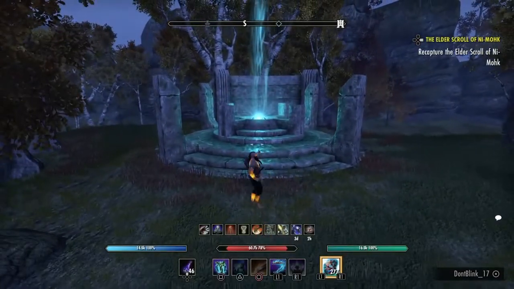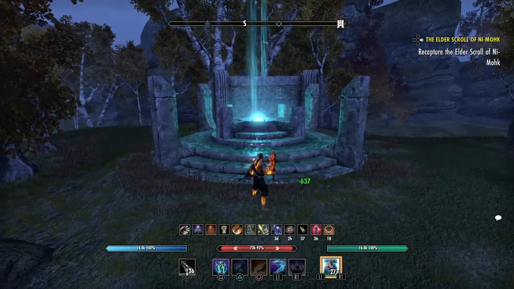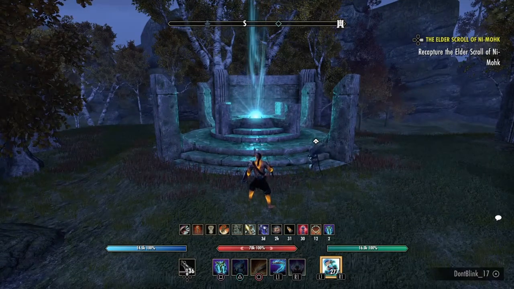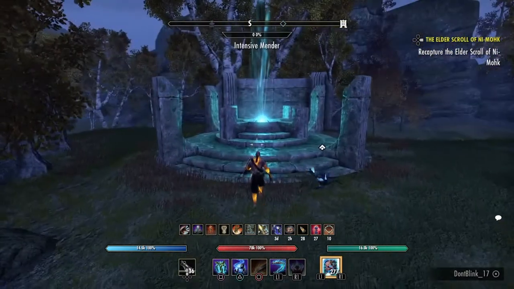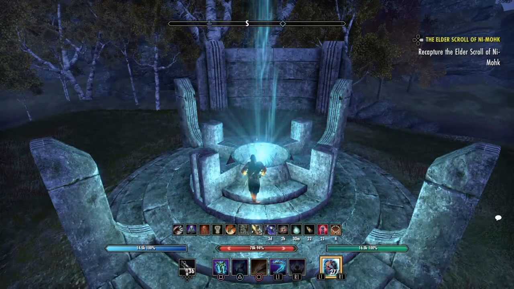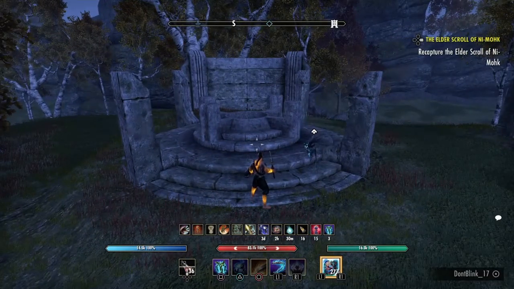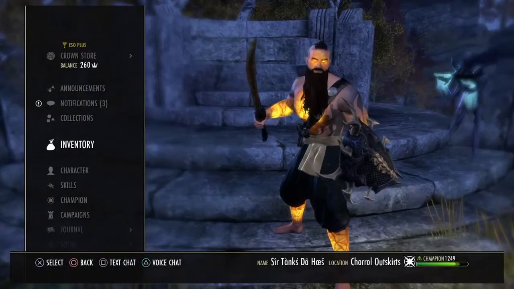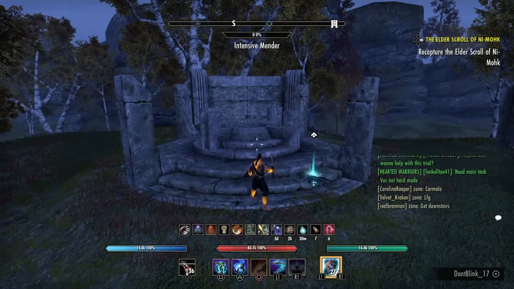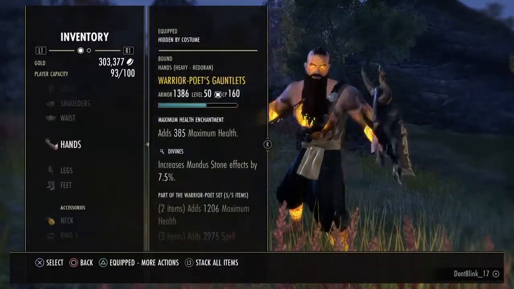Okay, so right now we're sitting at 78k health. We can hit this allied well here, which will bring you up to 83.1k. Now, this build is reliable. Like, you can use this setup right now how it is with the tri-stat food and still manage your resources pretty well. But if you wanted to just get a little bit more health,